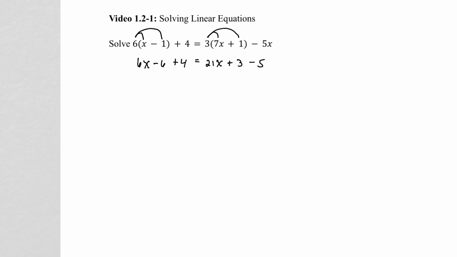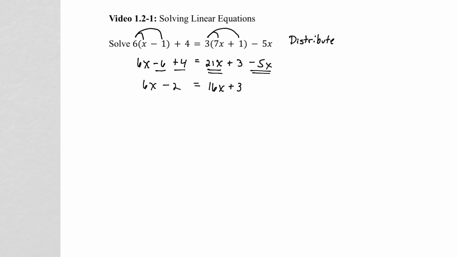Now, once we have distributed, we are then going to combine like terms where we can. So just working on one side of the equation, I'm going to be looking at the left side. I'm going to combine the -6 and the 4. So that's going to give me -2. And on the right side, I'm going to combine the 3. Oh, excuse me, I left out an x. So let me back up a little bit. I'm going to combine the 21x and the -5x, which is going to give me 16x, since those are like